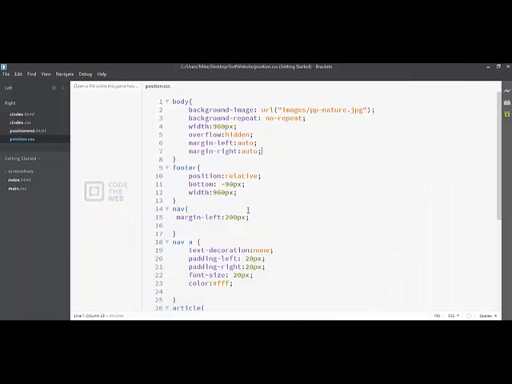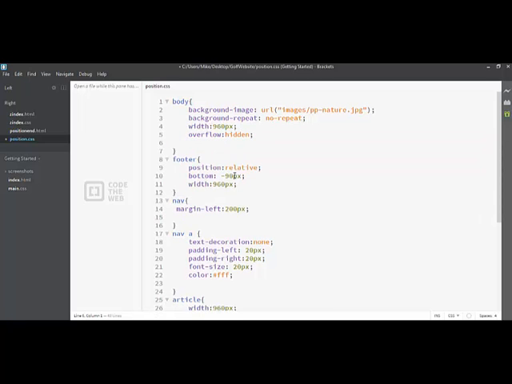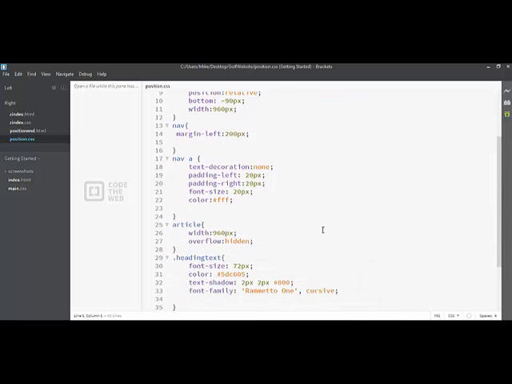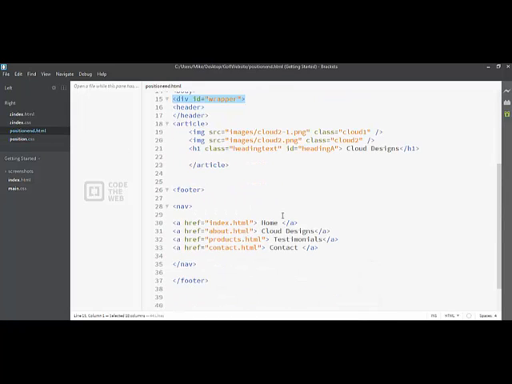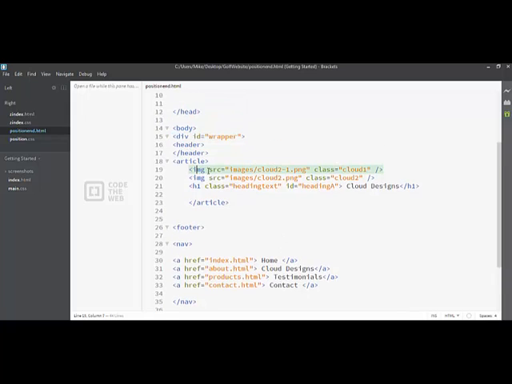Now in this case, I don't want to do this because it's going to move my text around and leave the background image the way it is. So I'm going to delete that, but it is something that you could do. Okay. Now, what I want to do is physically control and change the positioning of